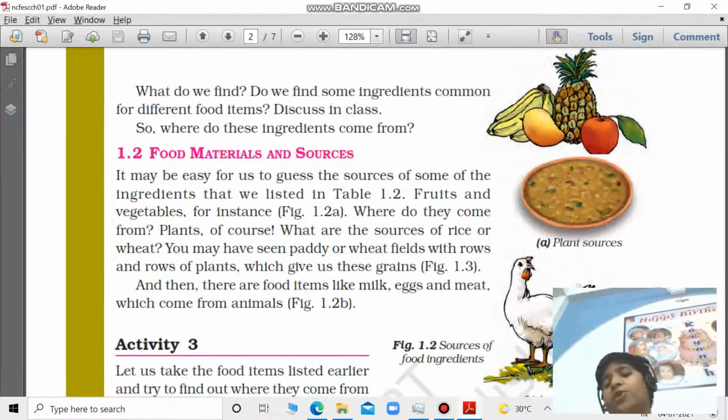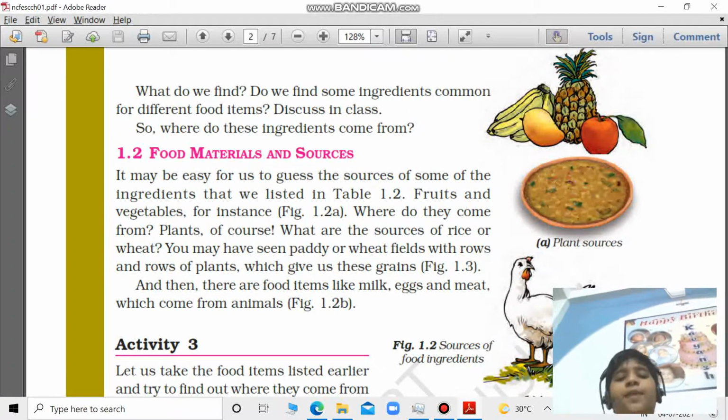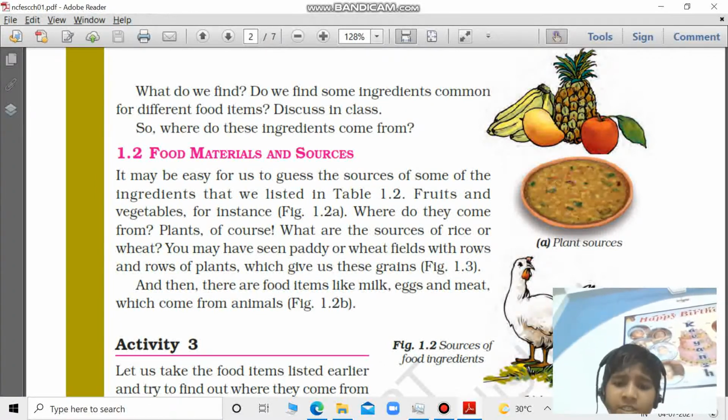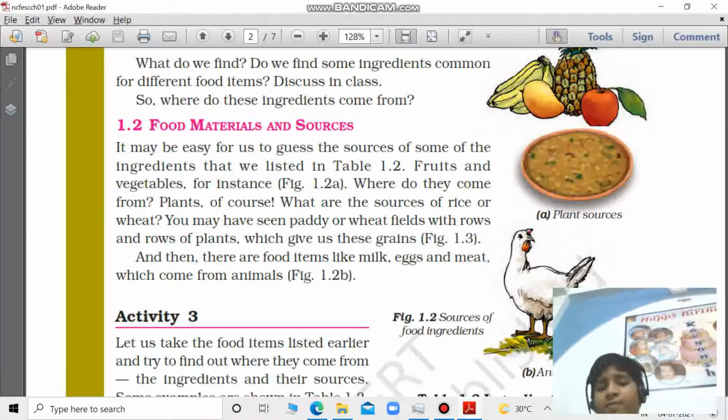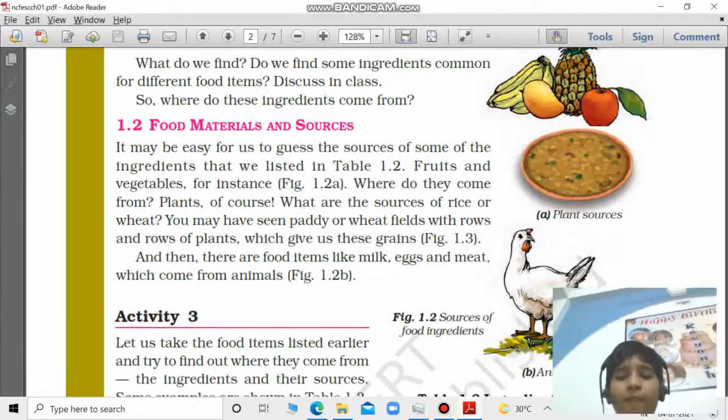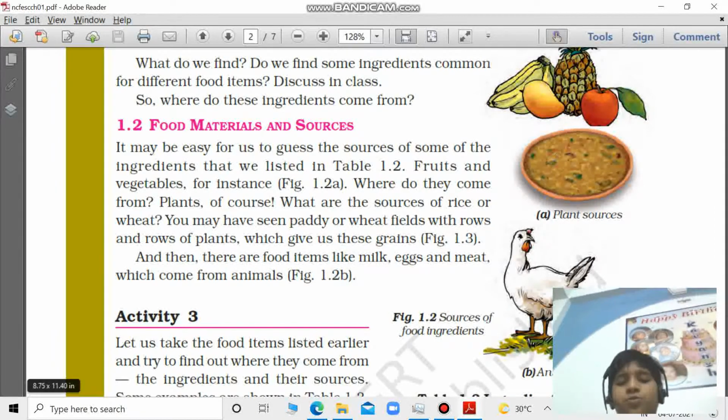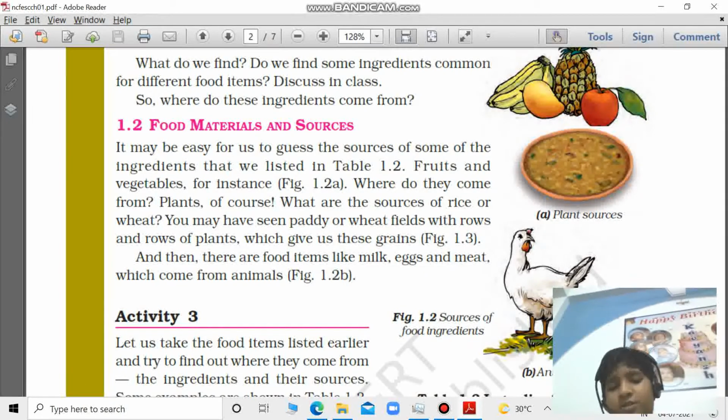Now, food materials and sources. As I told you, we have plants and plant products. In plants and plant products, we have fruits and vegetables. But where do they come from? As I just told you, it's plants. What are the sources of rice and wheat? It's paddy or wheat fields, rows and rows of plants, which give us grains.